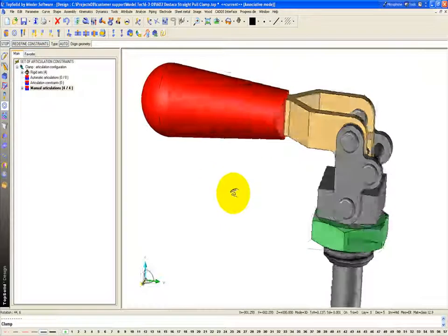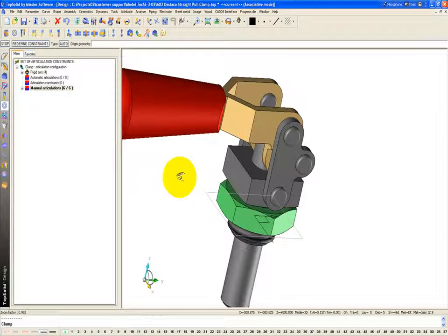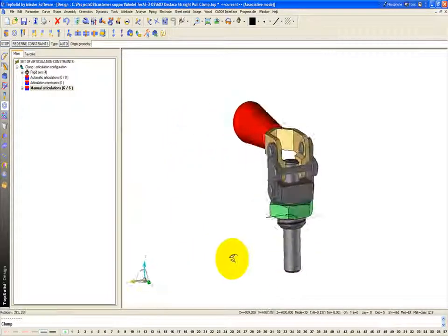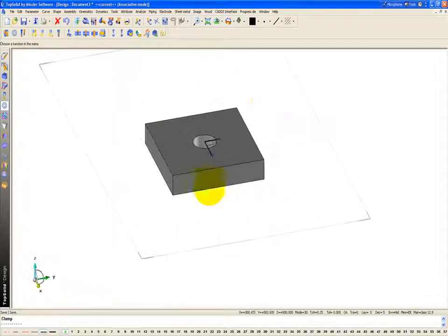Now I'm just going to apply a couple more. So I'm going to say I want to take that face to that face as a mate, and that face to that face as a mate. And like that, now we're ready. So I'll hit stop. I'm going to hit save, and now I have another document already created that just has a simple little test part,